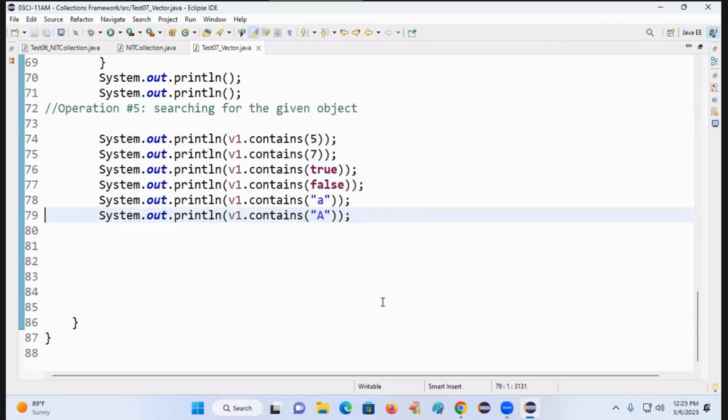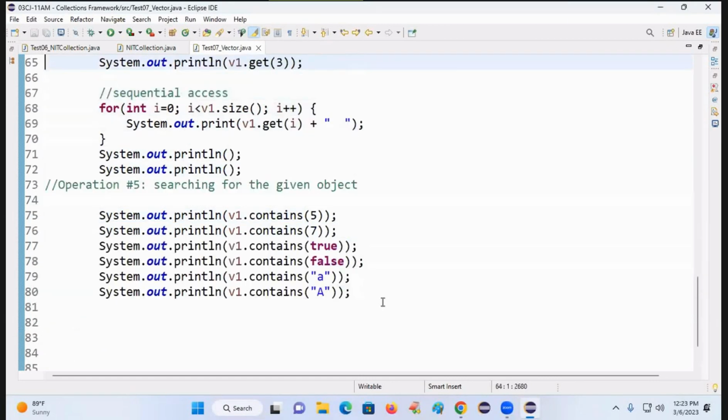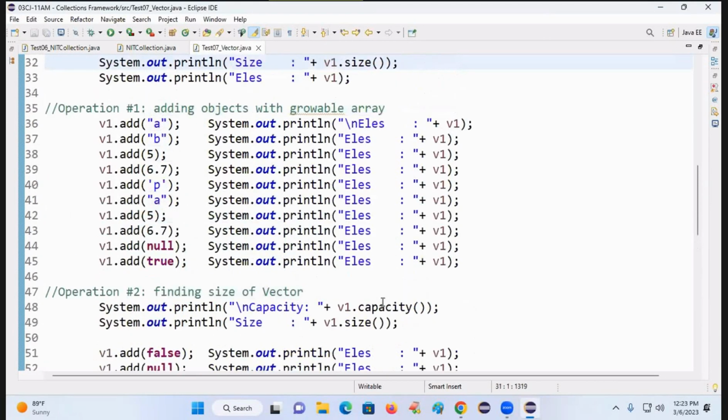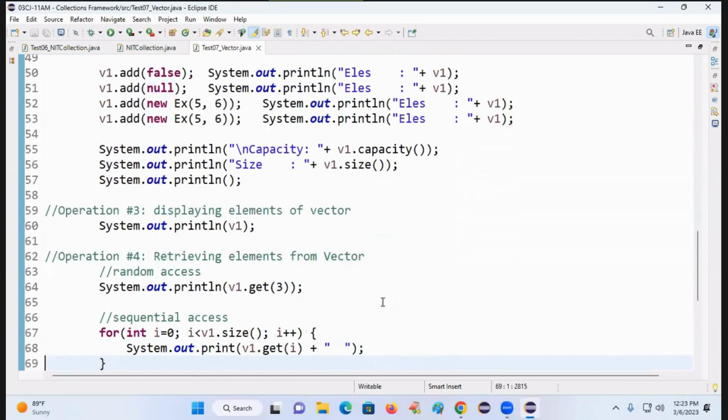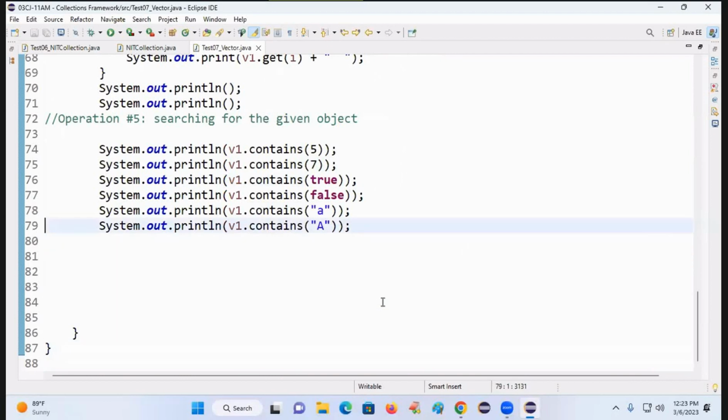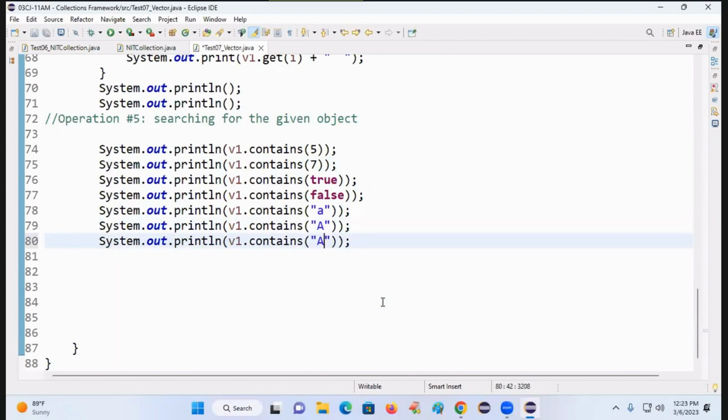You should remember, Java is case sensitive. Small a is not equal to capital A. I have stored a string object with small a. Okay. Next, I am writing here something like this. I am writing here